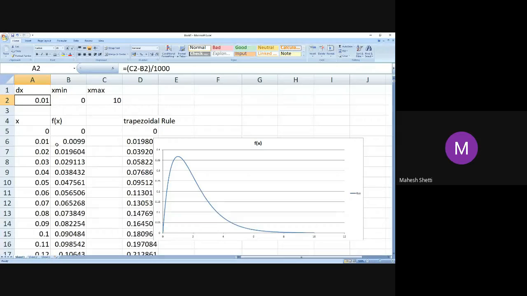In this particular case, there are two different things. First case, I said I'm keeping x minimum and x maximum the same, and I want to see by changing dx how much is the improvement. That is what I did earlier. So that is a practical way to determine at what significant digit error may creep in.